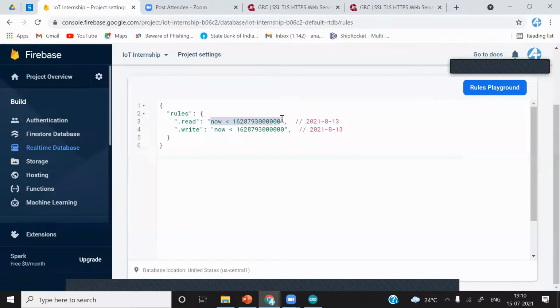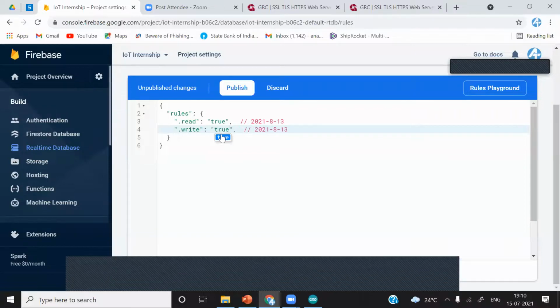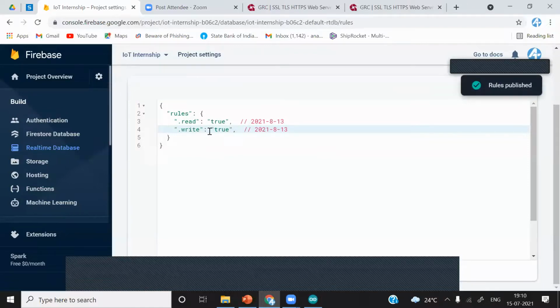You have to put true here, true to write. This is you giving access to your Realtime Database to the MIT App Inventor app. So make sure that it is true and true, and just publish it. Okay, you are giving reading and writing access.